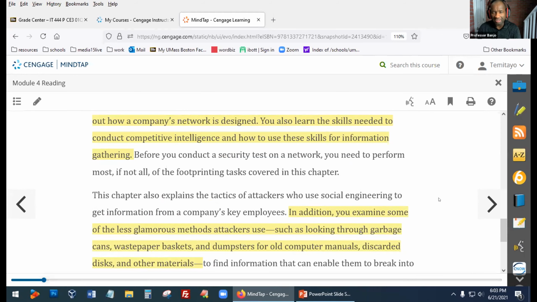We talked about, I think, in the last class, preparing you for your field exercise, when people go through trash to see what kind of information they can get. In fact, not just attackers or hackers, or should I say bad people, even law enforcement. If law enforcement is trying to get information about an individual, many times they will grab something the individual has discarded.